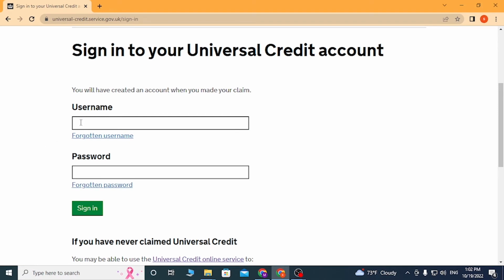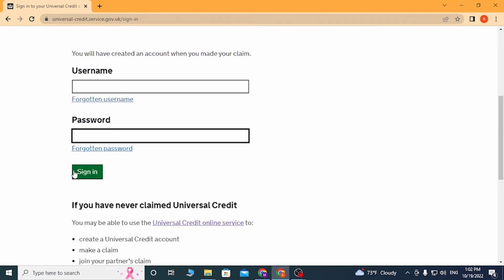And after that, you can see there is the username and the password option available over here, where you'll be required to enter your username and your password, which you had registered on your Universal Credit account at the time of creating your account. And with that, click on sign in, then you'll be logged into your Universal Credit account on